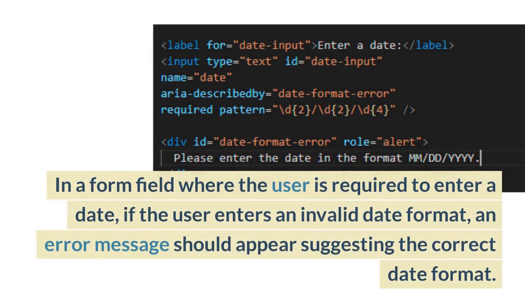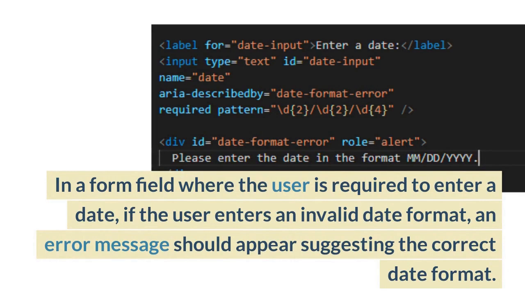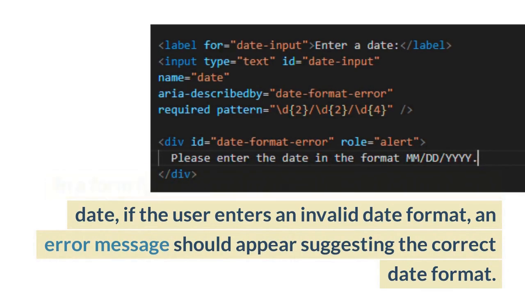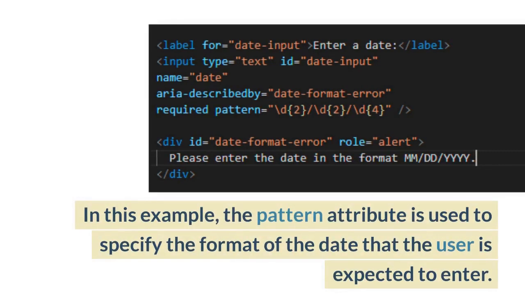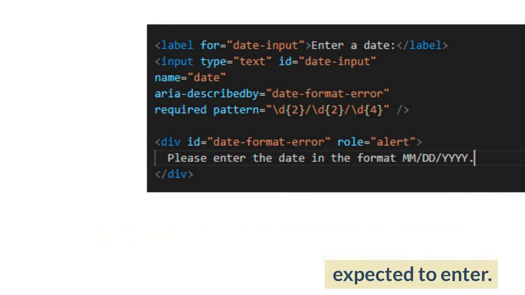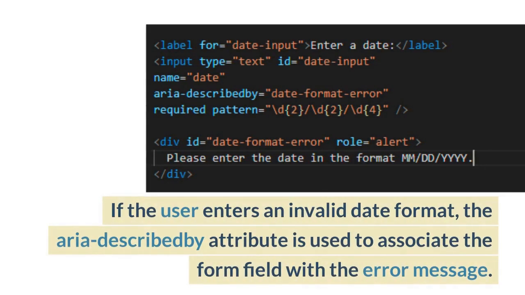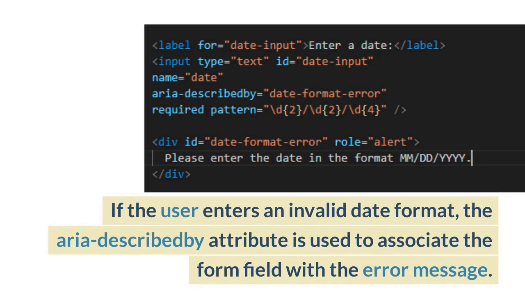In a form field where the user is required to enter a date, if the user enters an invalid date format, an error message should appear suggesting the correct date format. In this example, the pattern attribute is used to specify the format of the date that the user is expected to enter. If the user enters an invalid date format, the aria-describedby attribute is used to associate the form field